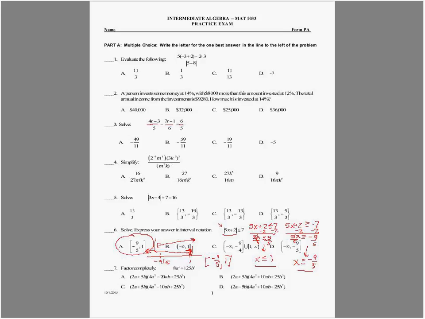The way to get rid of the fractions in an equation, now we have the equal sign here, this is an equation, so we're good to go. We need to find the LCD of the entire equation. If you look at your denominators, we've got 5 and 6. We're looking for the lowest number that both 5 and 6 divide into. The only one I can think of is going to be 5 times 6, which is 30.